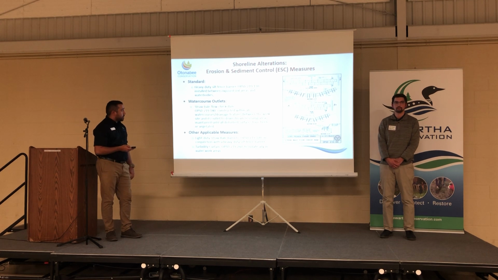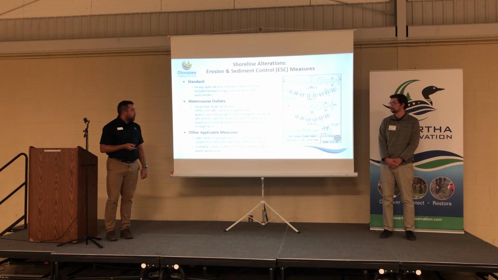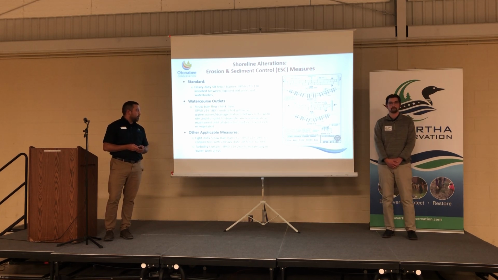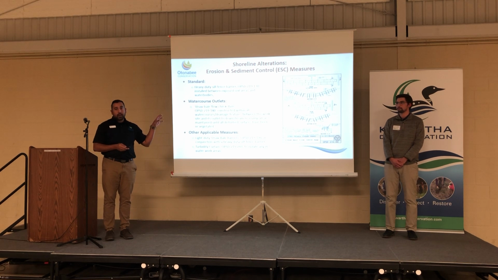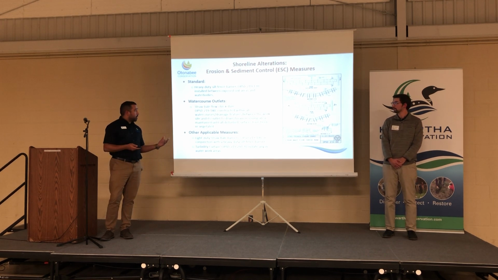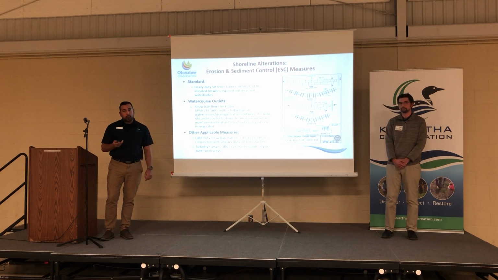If there are any water course outlets on the property, or even just working around water courses in general, we sometimes ask for a straw bale flow check dam. And that's to be constructed within the water course and between the work site and the outlet to downstream receiving areas. And those are to be maintained until all disturbed surfaces have been revegetated. There are additional options we can look at for that. I always do encourage applicants to come and discuss any other additional options they want to look at, whether it'll be a filter sock or if they do want to go with the straw bale flow check dam or even a rock flow check dam.